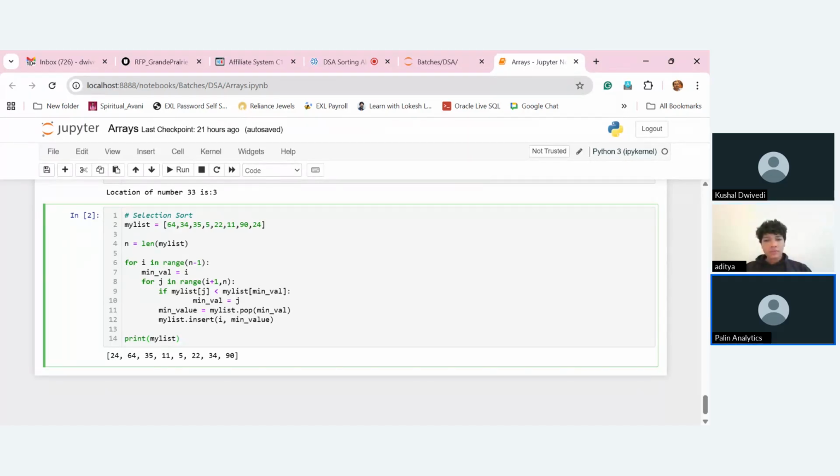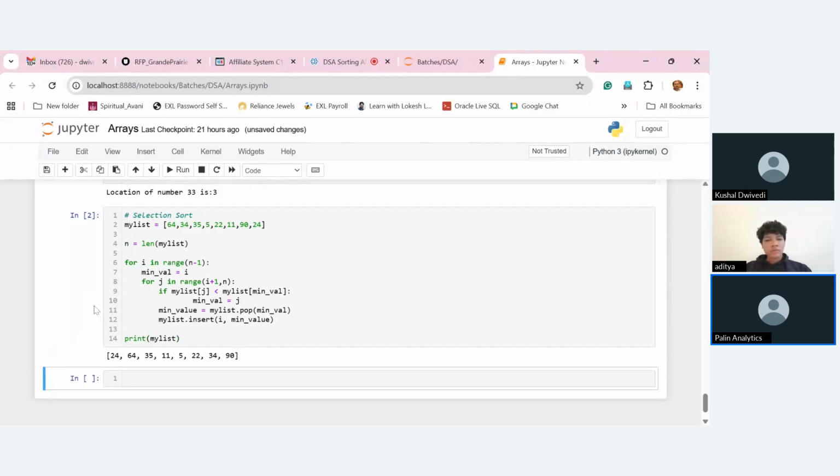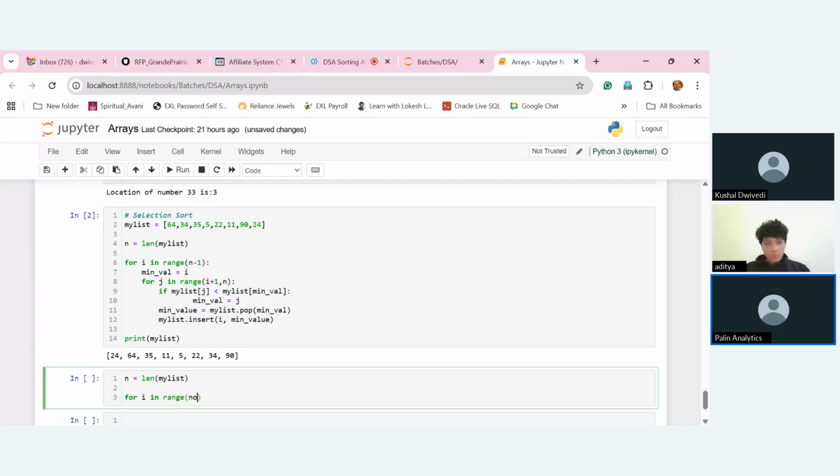Okay, let me draft it in a new way. Let me make it in another way. So what I'm doing is, n is equal to the length of my list, and for I in range n minus 1, and here I'm doing for j in range I plus 1 comma n, and then if